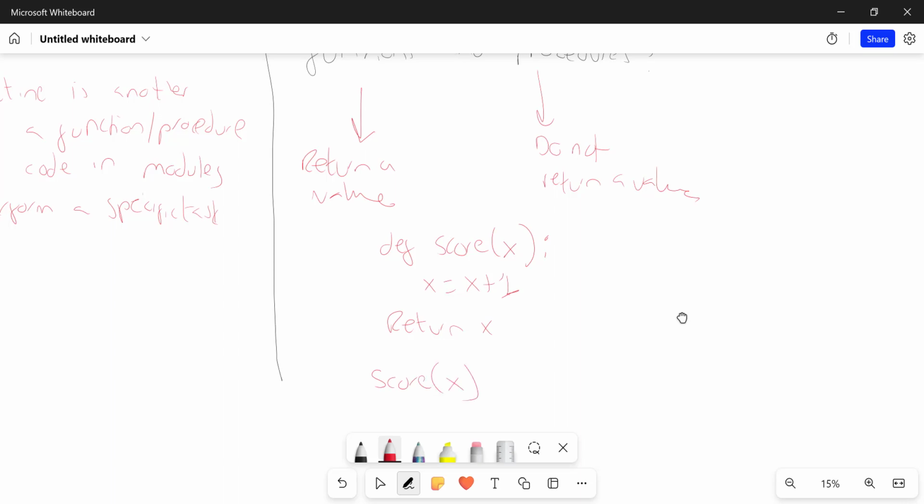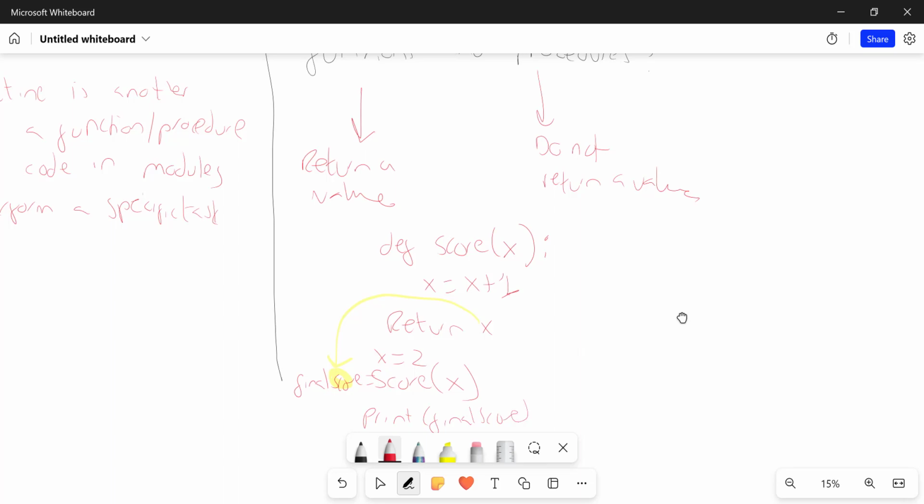I'm going to put in the main code x equals 2. We obviously need something to store the result of the function as a return value. So let's make final score as a variable. Final score equals score x. So if we do print final score,